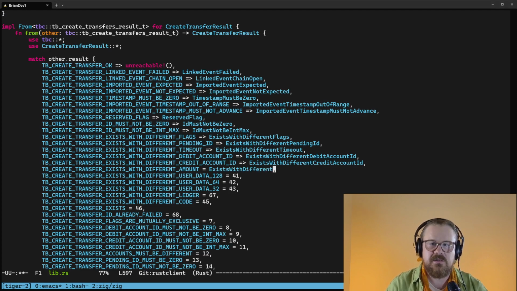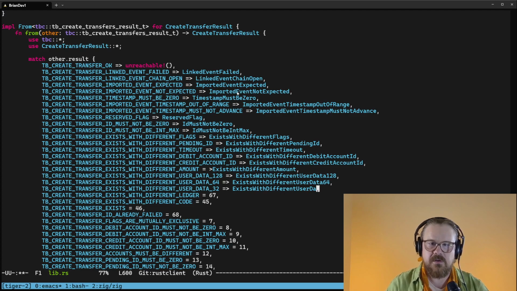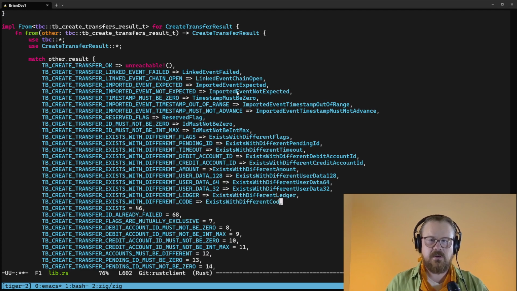Exists with different amount, fat arrows, don't forget the fat arrows, exists with different user data 128, exists with different user data 64, with different user data 32, exists with different ledger, fat arrow, exists with different code, fat arrow, exists,